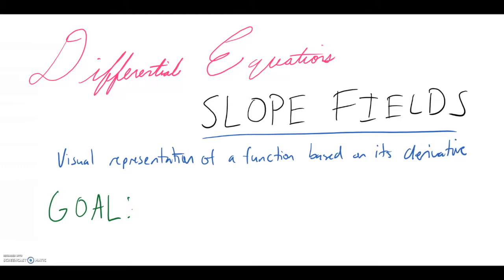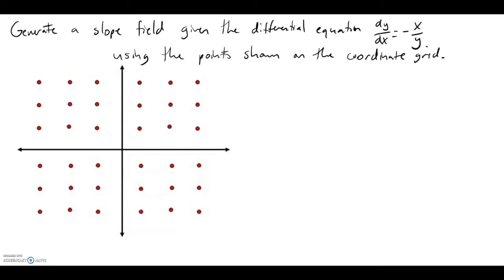And the goal by the end of this video is to leave you feeling comfortable with the task of generating a slope field. So we're going to reach our goal by considering the following problem. Generate a slope field given the differential equation dy over dx equals negative x over y using the points shown